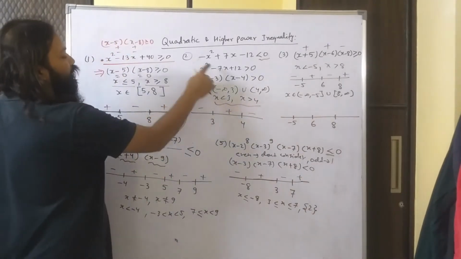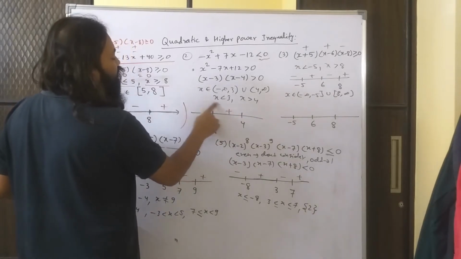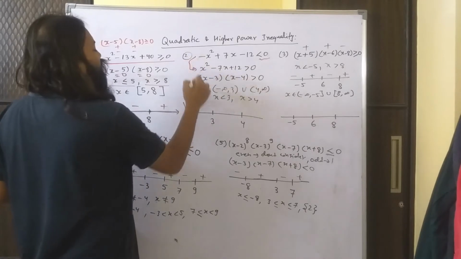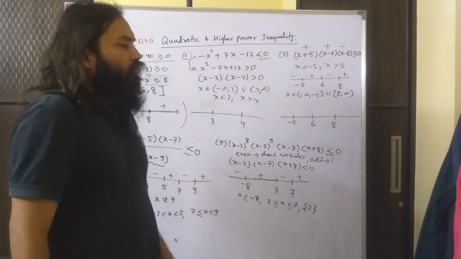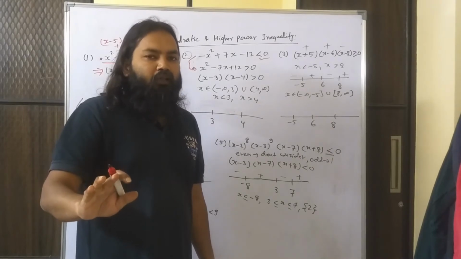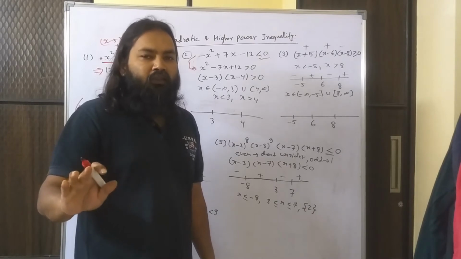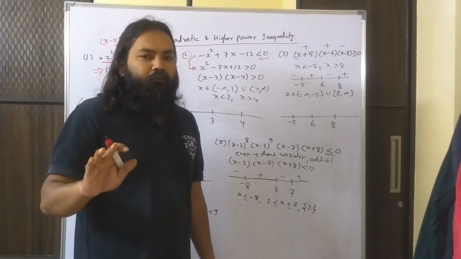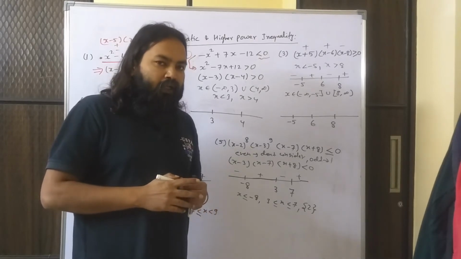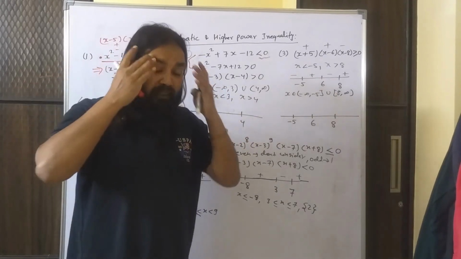So if it starts with a minus, you can start with a minus. Or another approach which I will suggest is to convert the question. Convert, not change. You can't change. You know that you can multiply the same number to the equation, nothing changes. But in case of inequality, if you multiply a positive number, the sign of inequality doesn't change, it holds. But if you multiply a negative number, the sign of inequality changes.